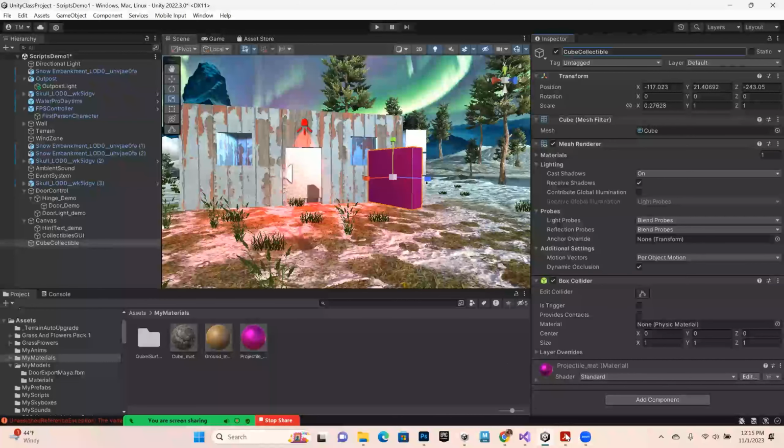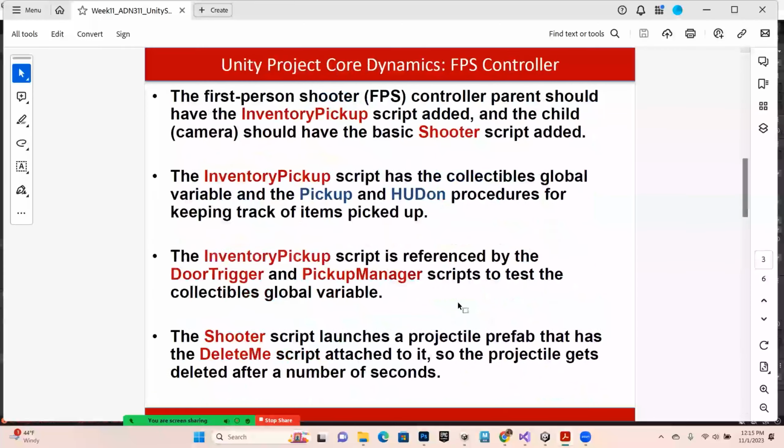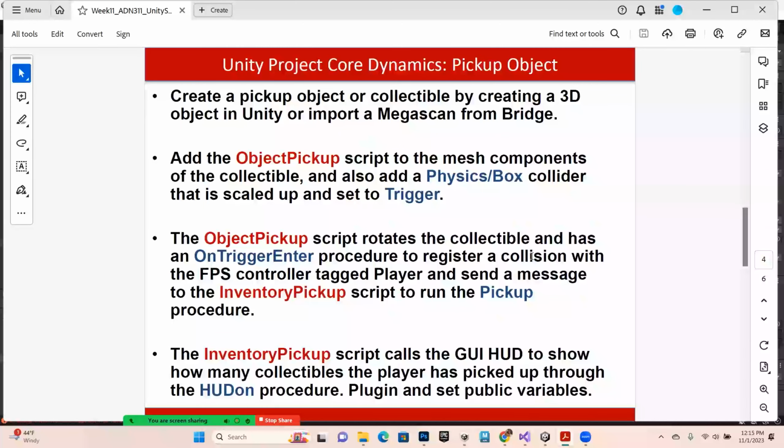So the collectibles, for picking up objects, we need the object pickup script to be on the collectible object itself. And I'm also going to need a box collider that is going to be my trigger. So I need those two things. And yeah, let's go ahead and put that on there because it's going to reference inventory pickup, which we just put